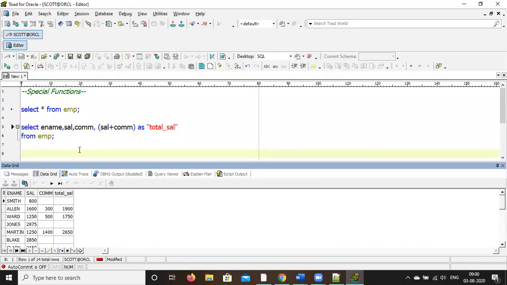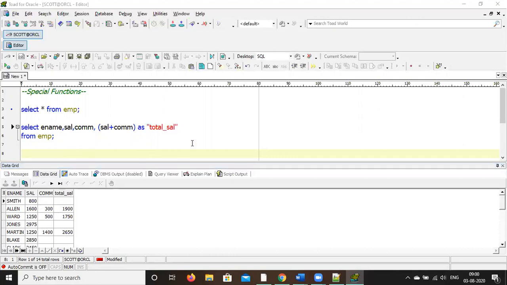So are you getting the correct output, the total salary? So Smith is getting salary equal to 800, commission is not there. So what is the total salary? Should be 800. But it is coming null, right?